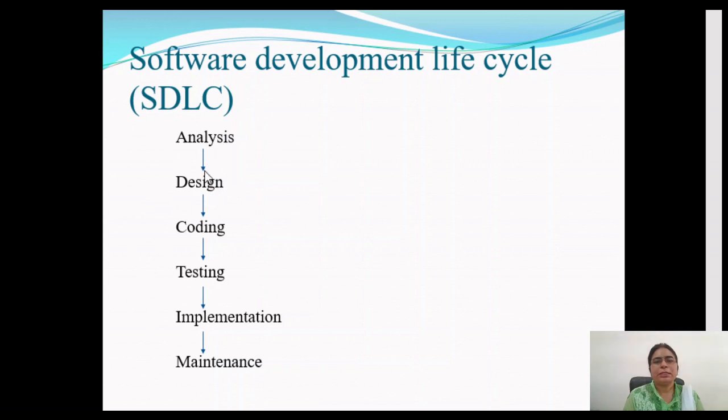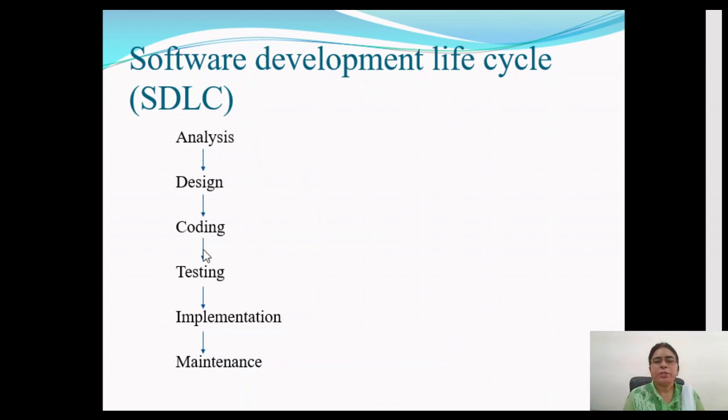Now the next step is the design step. In this design step, we try to develop the logic for how to fulfill the requirements of the user that we gathered in the previous step. So here also we are not coding it, we are not writing instructions for the program, but at the design step we are working on the new software that we are going to make. So in the design step, we are basically developing the logic for the requirements of the user, that is, how we should write the instructions so that we can generate the code for all the requirements of the user.